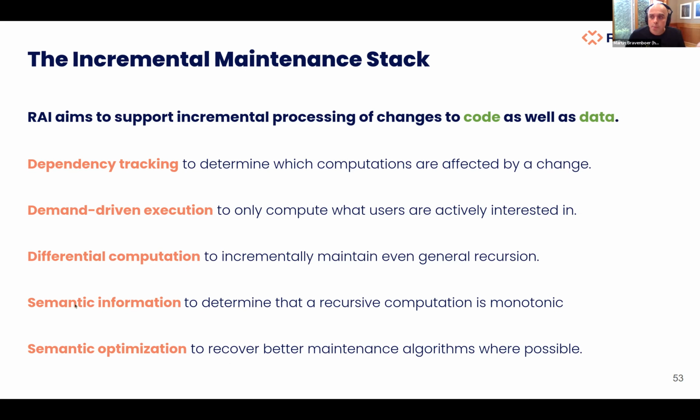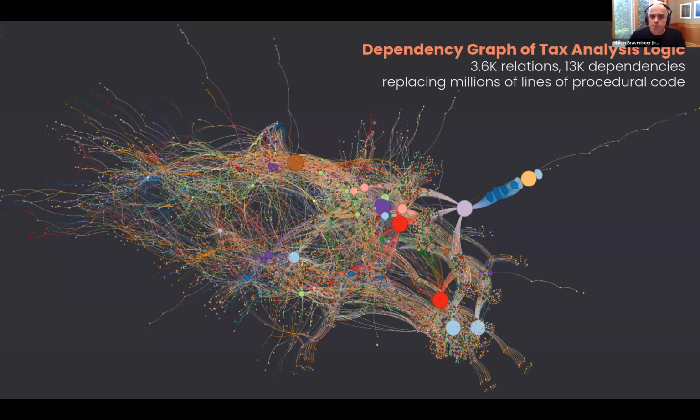There's a paper in POPL this year on using semantic information to determine whether a recursive computation is properly monotonic or whether it may not terminate. And then we use semantic optimization to optimize the result of these incremental maintenance algorithms. Now this is really important to us because